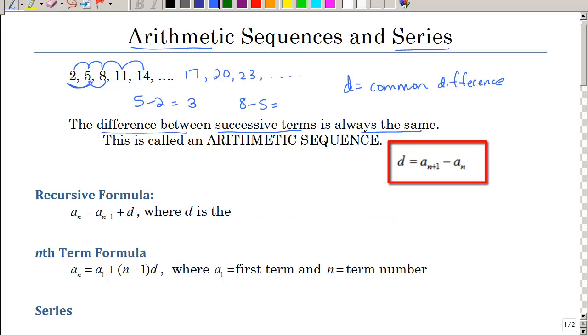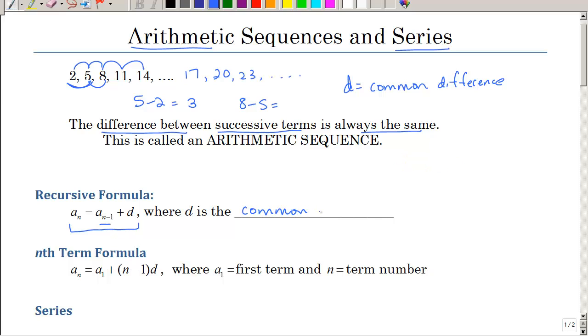We also have a recursive formula, and as we learned in the last lesson, that's just a formula that's in terms of the previous term. And again, d is that common difference. But that's not usually the most useful formula. We usually have that nth term formula, much more helpful, and so that's something we really need to know,